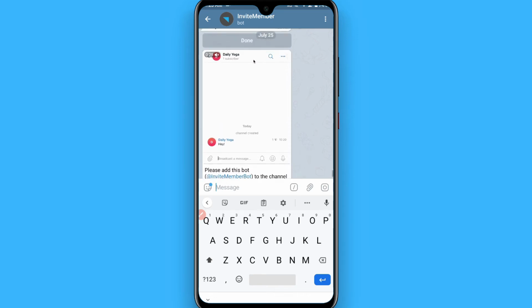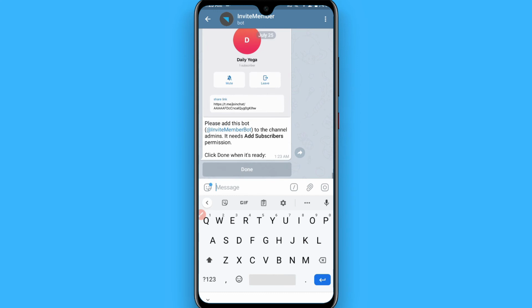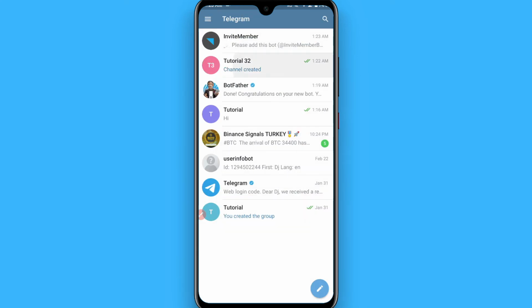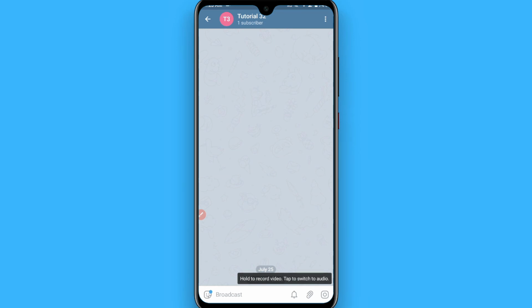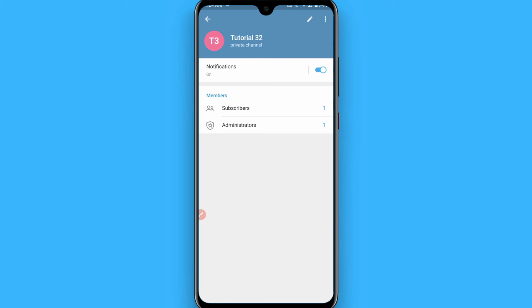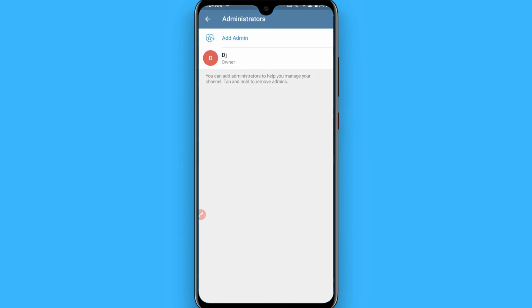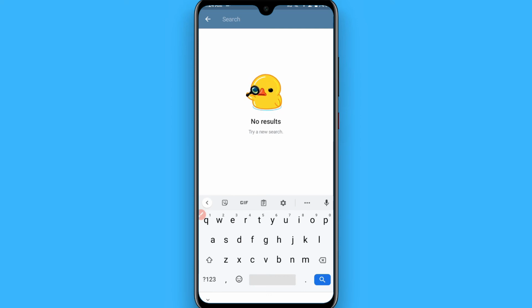Once you do it, you have to go back and open your channel from here and click on the three dot icon. Sorry, you have to tap on profile, and you will see two options, subscribers and administrators. Tap on administrators, click on add admin, and search for the invite member bot here.